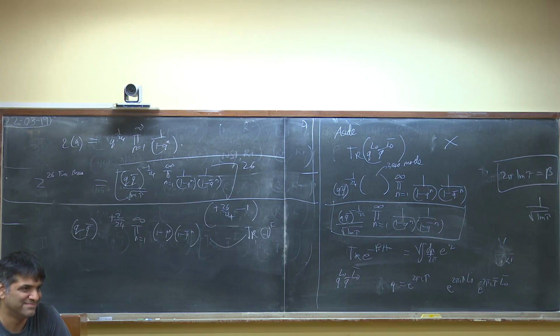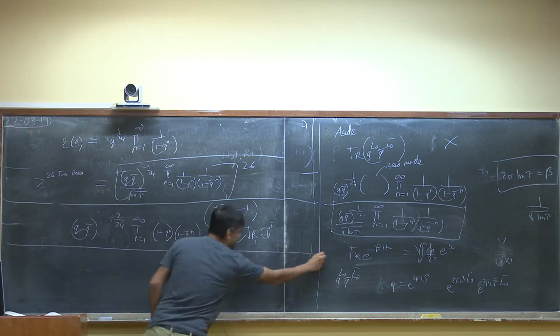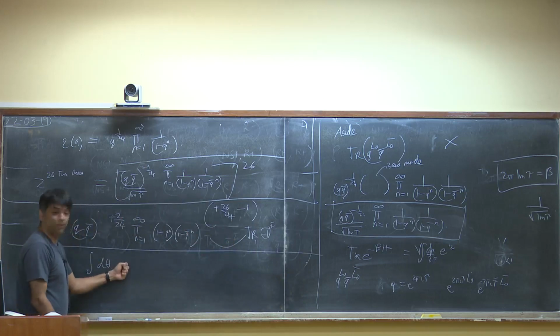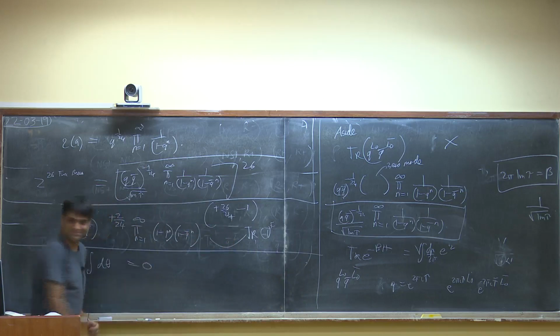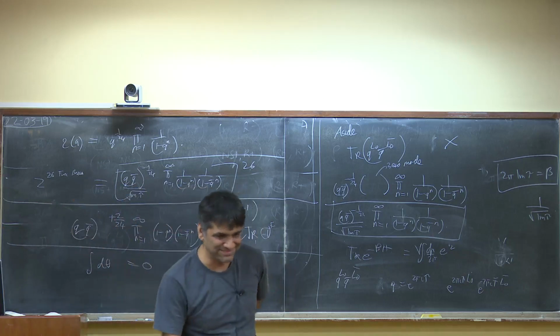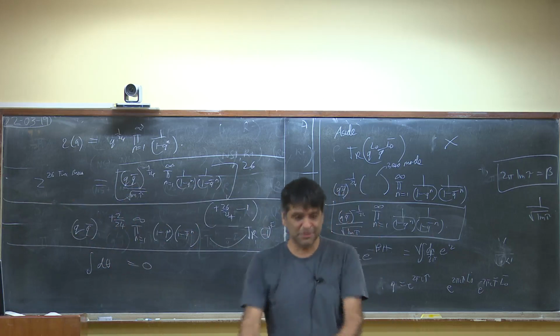Could you explain that logic again? If you have a fermionic path integral and a fermionic 0 mode, the result of that path integral is 0. This is this fact: integral d theta, where theta is an anti-commuting number, of 1 is equal to 0. So C0 and B0 don't enter into the action, but they enter into the path integral measure. So it will just give you 0. So the quantity that I wanted to compute would just have been 0.